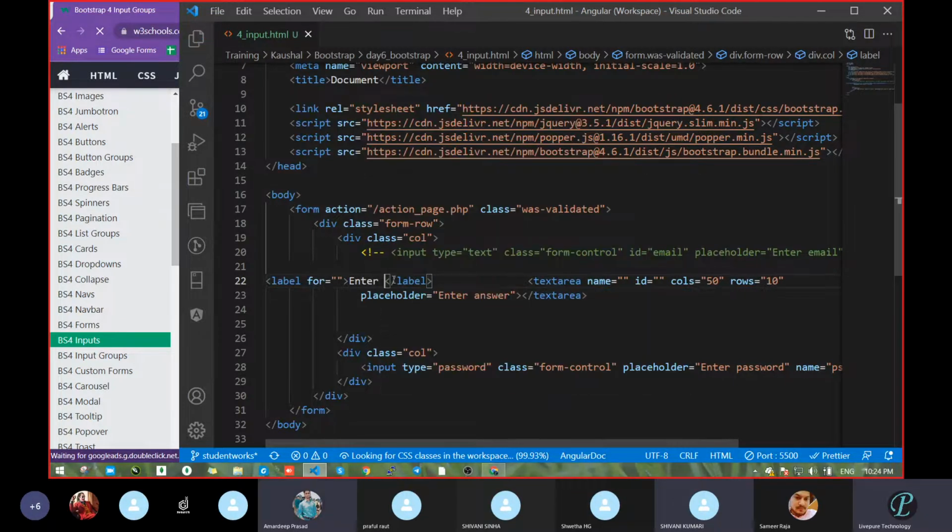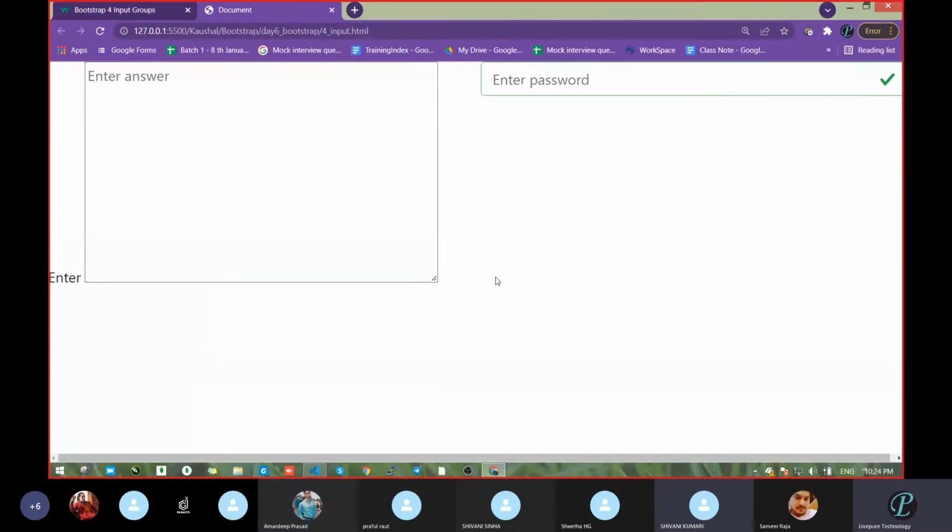Enter. Fine. Sir, this enter comes down. Why does it not come up, sir? I want to know. It did not come down, it came up. But due to this much height, it occupied that complete height. I was trying this only, that it should come up now. So I'm not getting how to make this go up.